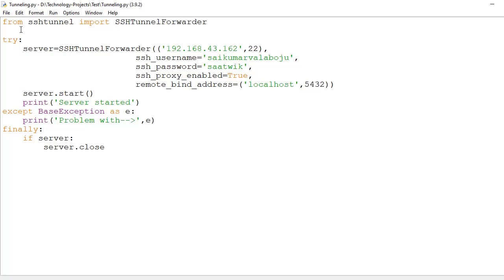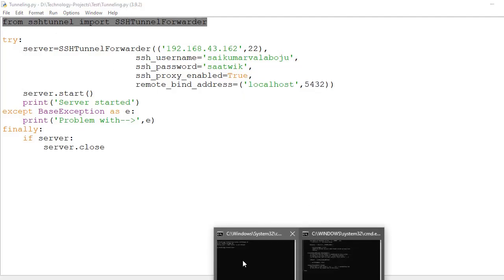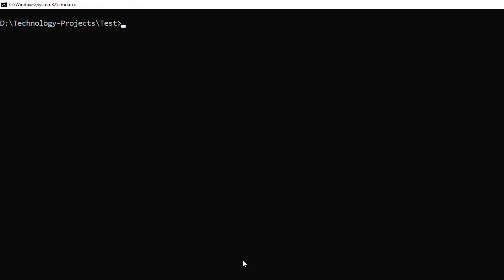First we have to import one module called SSHTunnelForwarder from sshtunnel. We have to install it by using pip install sshtunnel.